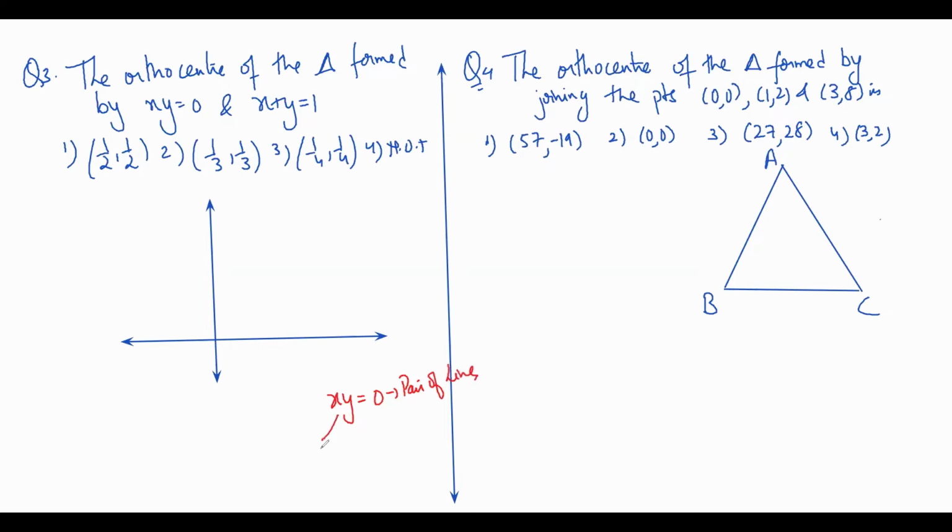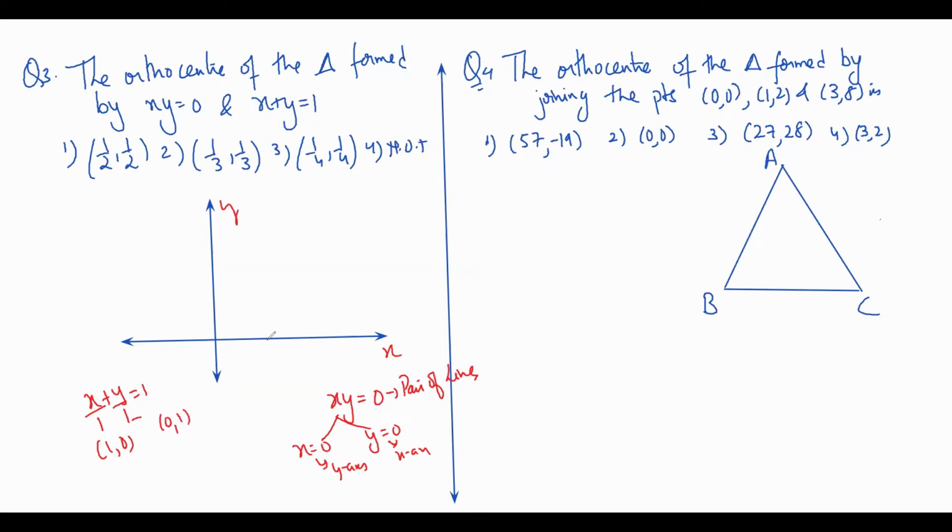One of the lines is x = 0 and another is y = 0. When I multiply these, it comes to xy = 0, and you know that x = 0 is the y-axis and y = 0 is the x-axis. And you can draw the line x + y = 1 by changing it into intercept form, x/a + y/b = 1. This point is (1, 0) and this point is (0, 1).